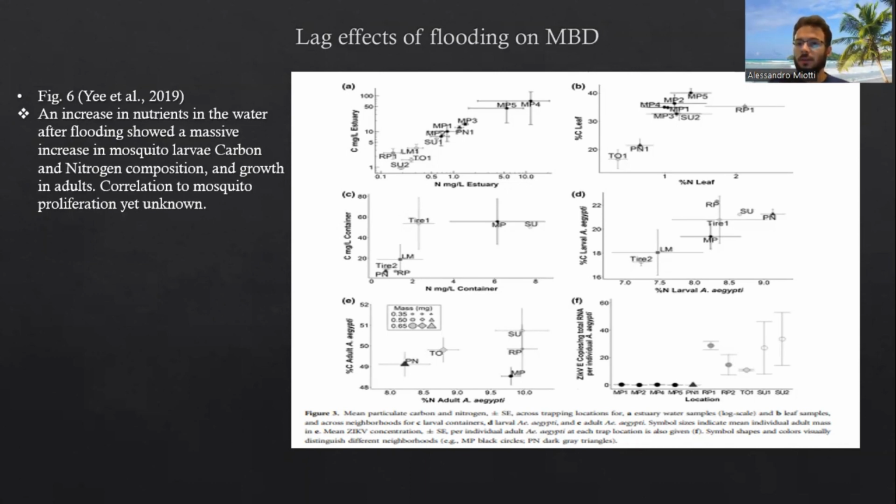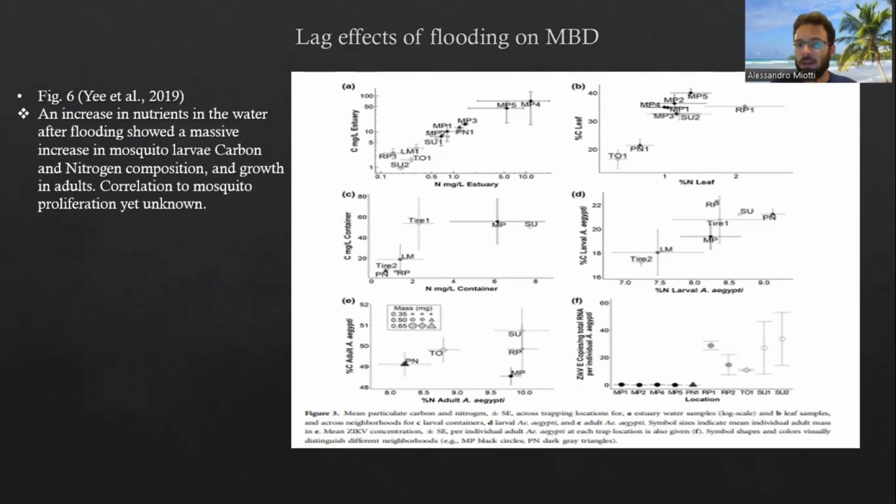And they found that these mosquitoes that lived in areas with high nitrogen or carbon concentration in the water actually grew much larger, and the larva composition was much higher in relation to carbon and nitrogen. The nitrogen and carbon inside these larvae was much higher. And now the question is, how does this affect growth or speed of growth of these mosquitoes?